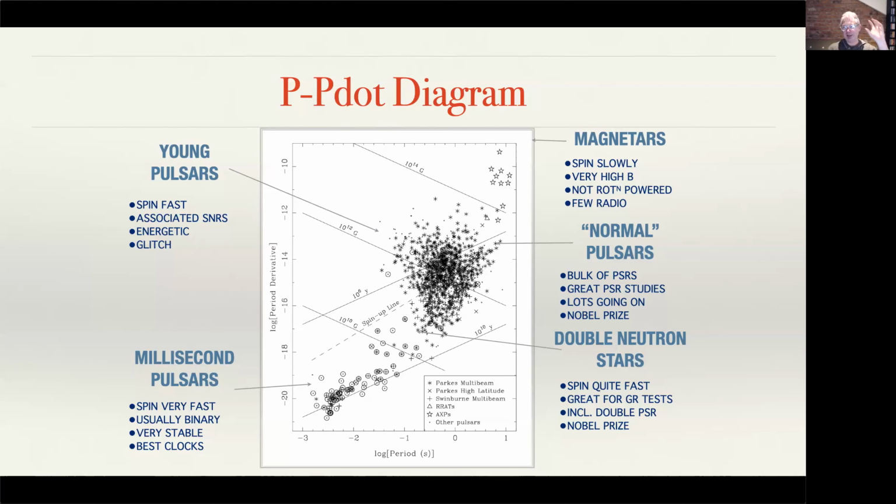That pulsar probably aged, and then it accreted material and was spun up, so spun up to a period of around 70 to 100 milliseconds. And then what happens is the other star eventually also goes supernova. And if it's massive enough, it forms another neutron star, and it's a pulsar. So then, depending on when you catch the system in its evolution, you could have a slow pulsar with a